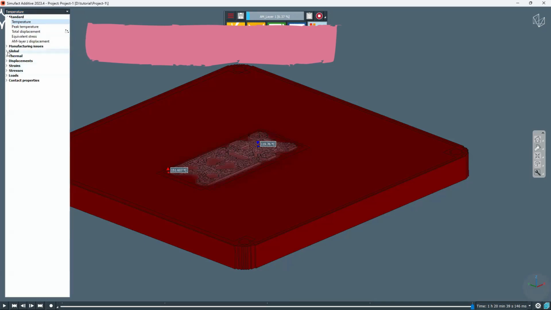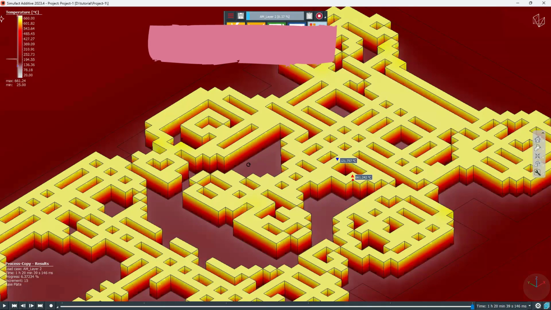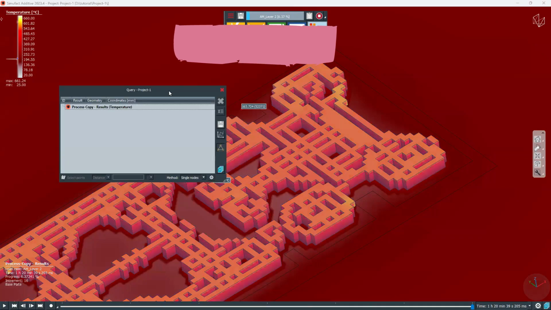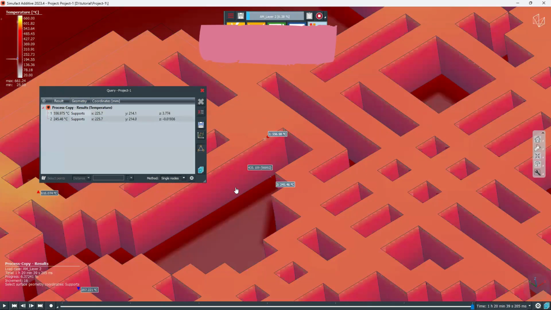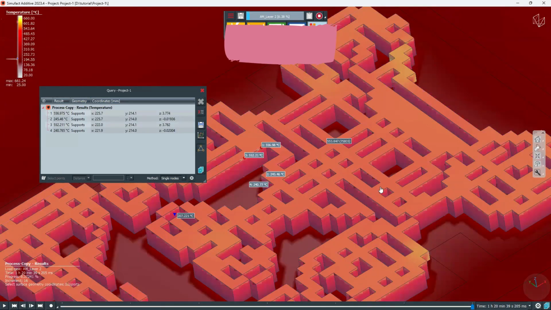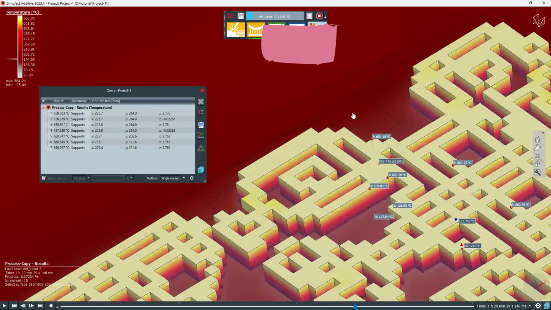Then all your thermal results also will be available in the thermomechanical. So you'll be able to see, using that query tool, you can check the temperature at each different location. You can put a probe at different locations. You can check the temperature output which is coming at each and every location. Okay. It will show this during the deposition or